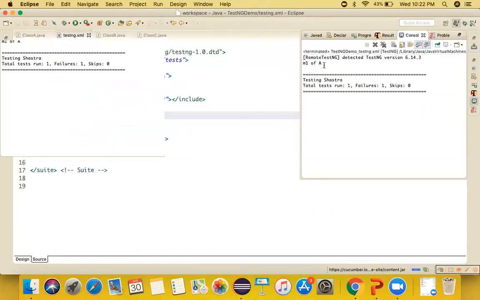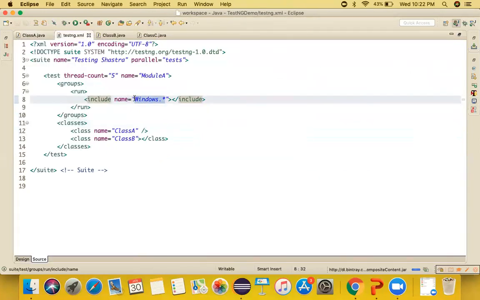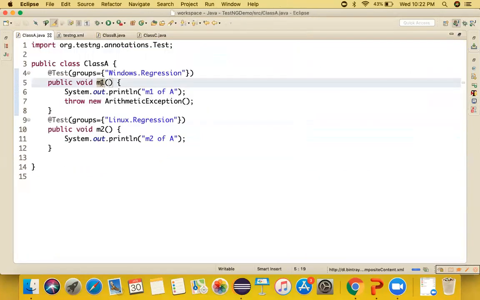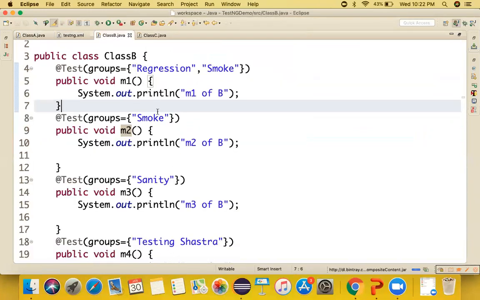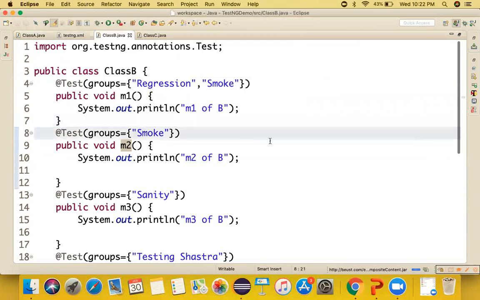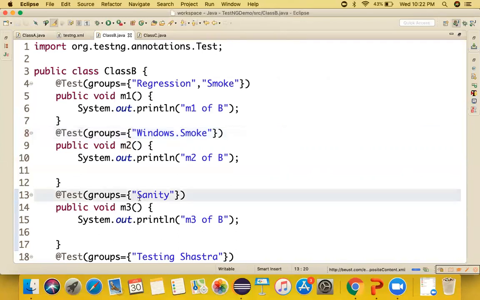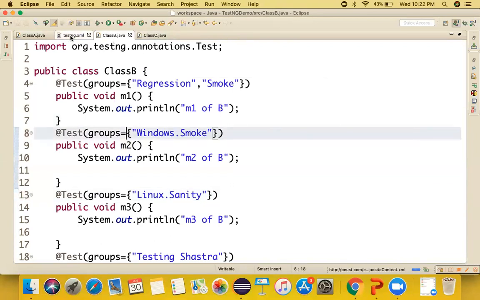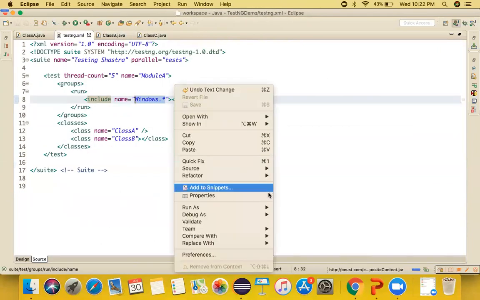Can you see M1 test case is the only one executed? Why? Because this pattern matches only the M1 test case of class A. In class B, we don't have anything like Windows. So let's say I want to execute this M2 test case on the Windows dot, and this one on the Linux dot. That's it. So if I try to execute it one more time,